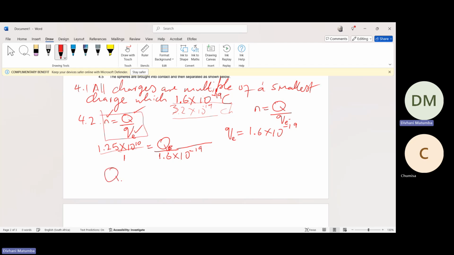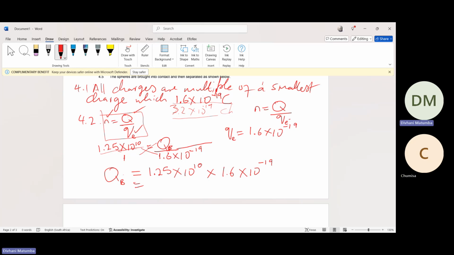QB, if you cross multiply 1 times QB, it will give you QB, which is equal to 1 times 2.5 times 10 to the power of 10 times 1.6 times 10 to the power of minus 19. If we use our calculators, we're going to get